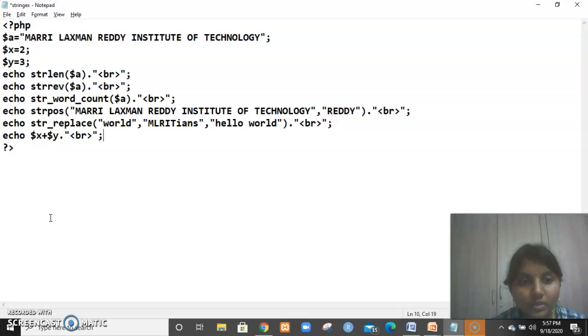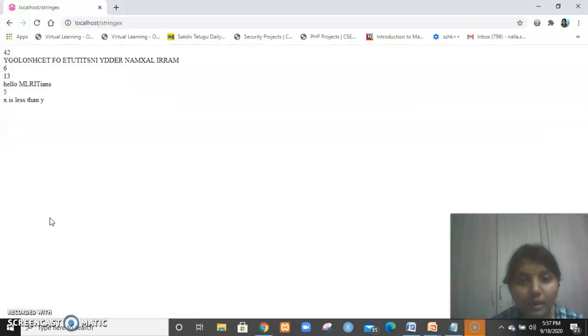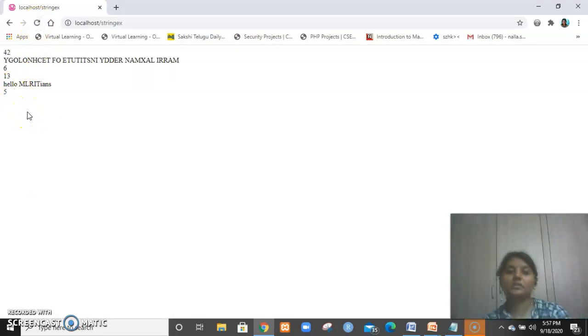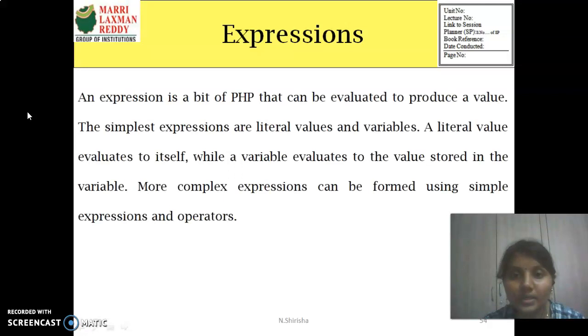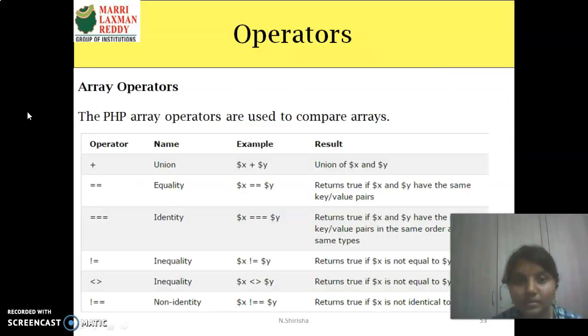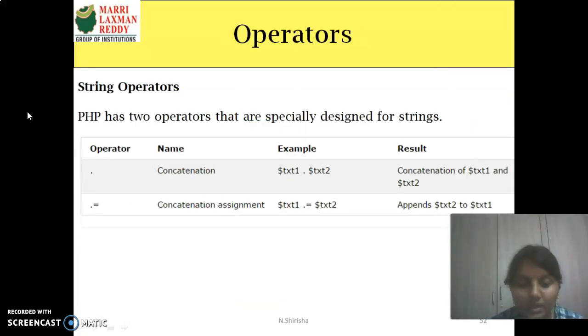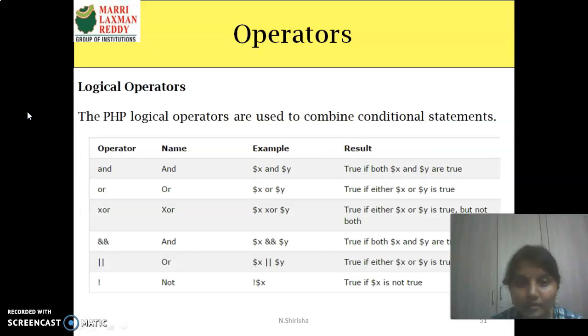So let us see this logical operator. This is how we use expressions and operators. Concatenation, the dot, we have already used. For logical operators, you have to check the conditions, then it will return true.